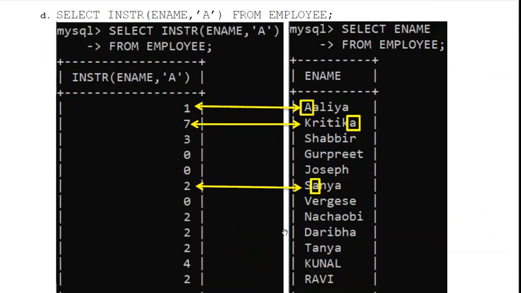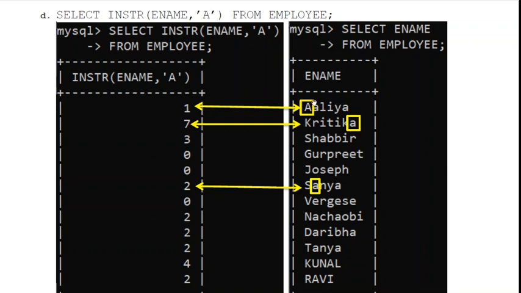Now a little bit more. You can apply the INSTR function to a table also. If you write SELECT INSTR(ename, 'A') FROM employee, you want to search whether the employee name contains the letter A or not.